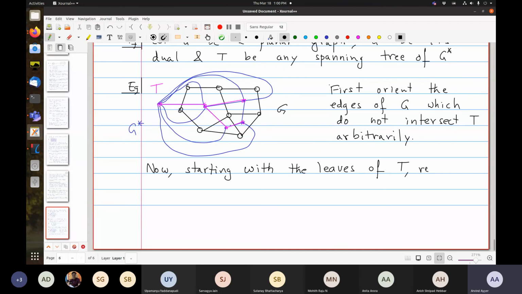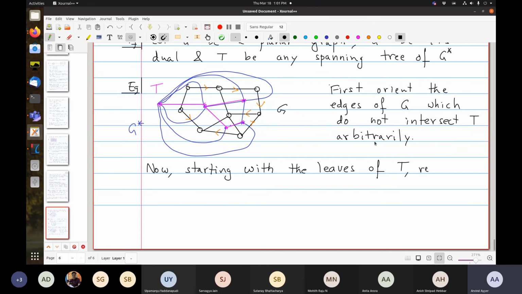So there are all these edges, not this one, but the other ones. I'm running out of colors, so let's say orange. Let's say I orient this in some way. Anyway, you pick whatever you like. I cannot touch this, I can touch this, so let's say like that. That's what I've done. Have I missed anything? I've missed 1, 2, 3, and 4. Everything else is done.